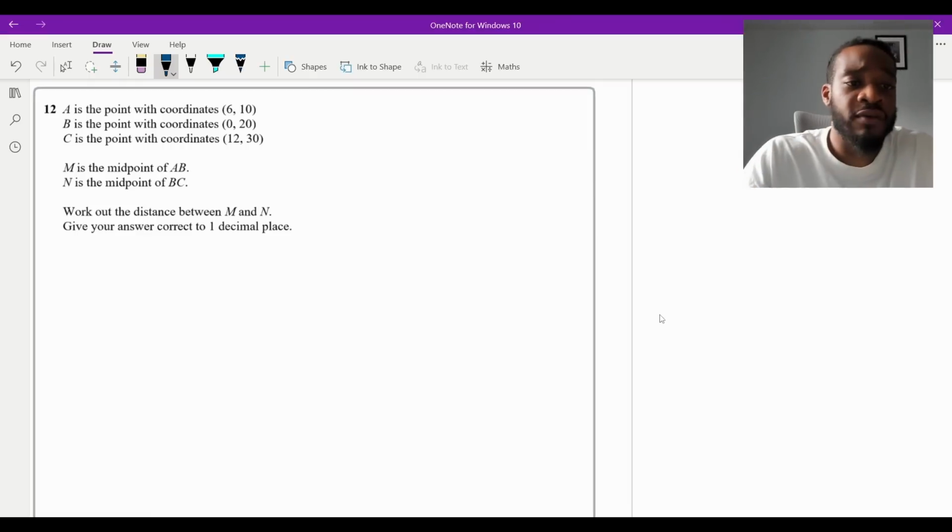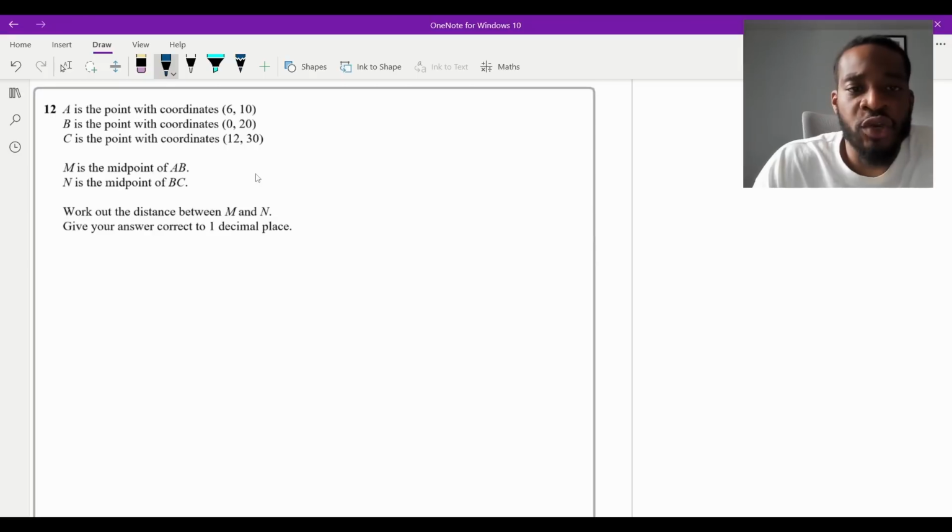And we know the coordinates of each of these, don't we? So what you need to remember is how to calculate the midpoint between two coordinates. I'll just write this here, generally speaking. If I've got a coordinate x1, y1, and then a second coordinate which I'm going to call x2, y2,